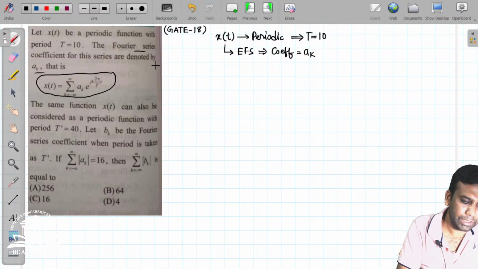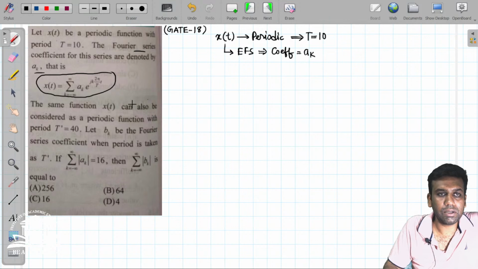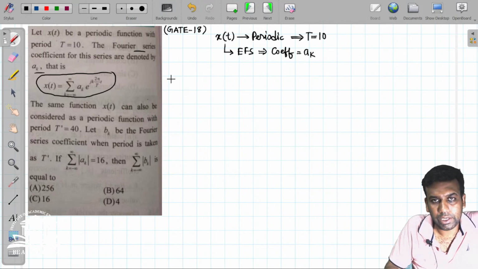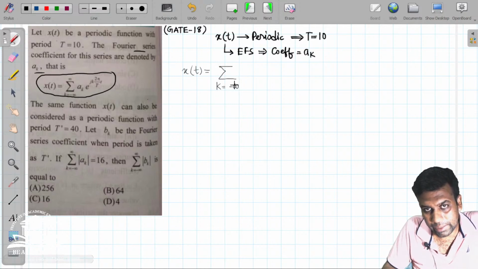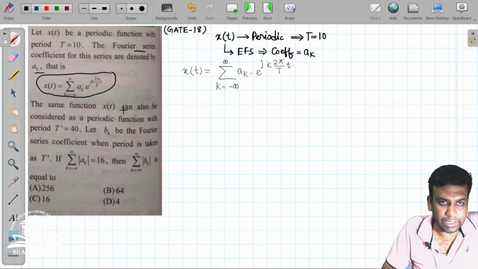So this is the ak Fourier series given. ak is the coefficient of the EFS. So now here xt is given in the exponential Fourier series: k equals minus infinity to plus infinity, xk e to the power j into k 2 pi by capital T into t. It is given that the same function xt can also be considered as a periodic function with time period T equal